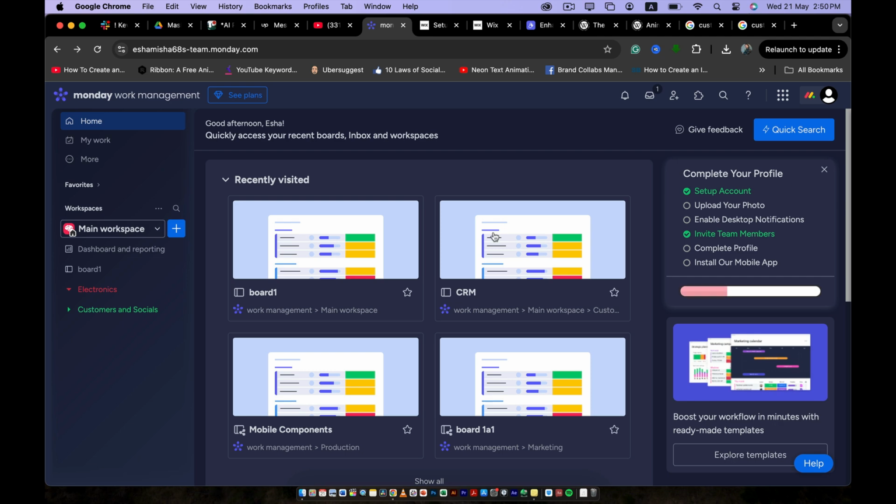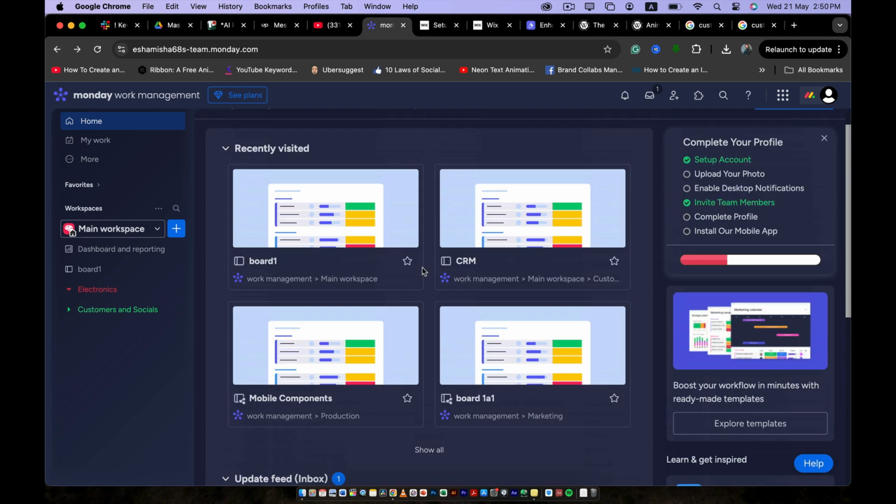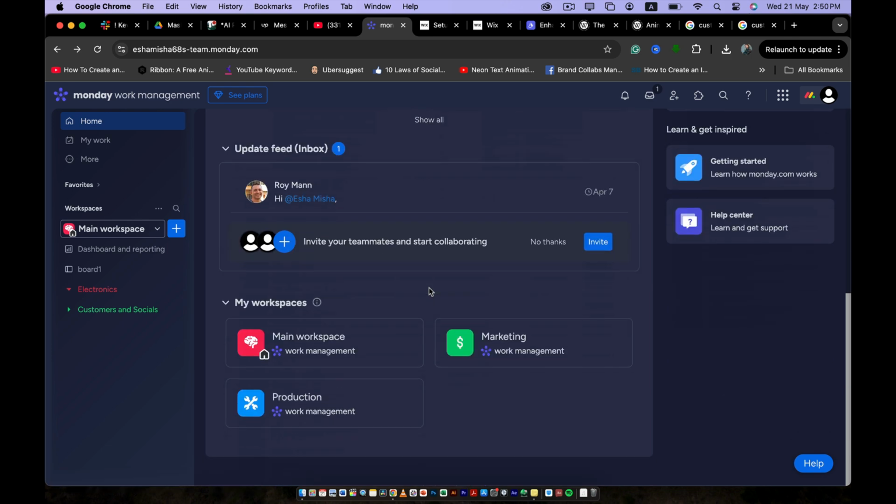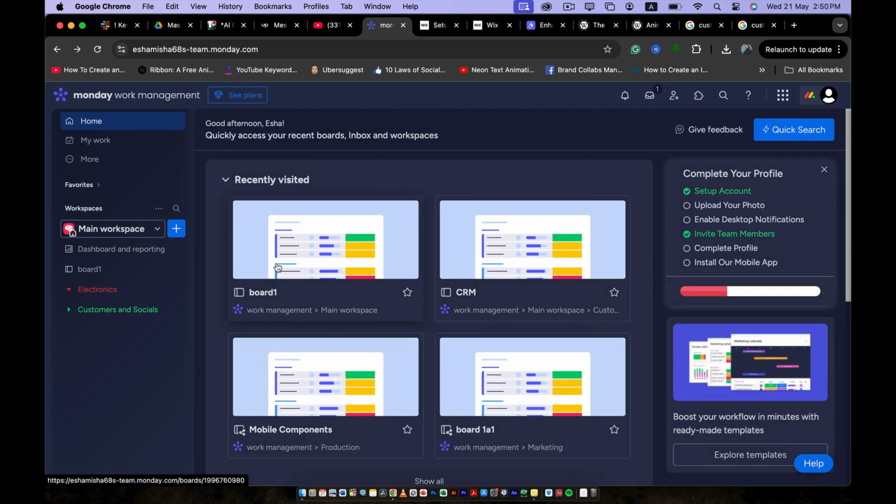And once you log in, you can see that you'll be redirected here on this homepage, and there are the boards that you're working on on this specific homepage. You can open any board you want. You can change the workspace as well if you want, but in order to create a new board, what you